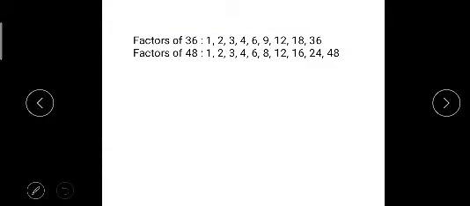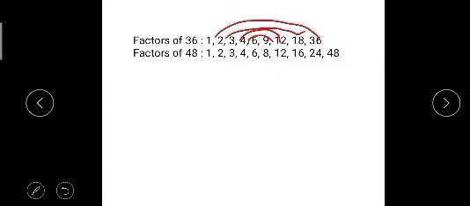If you look, 1 times 36 is 36, 2 times 18, 3 times 12, and 4 nines are 36. Okay, so